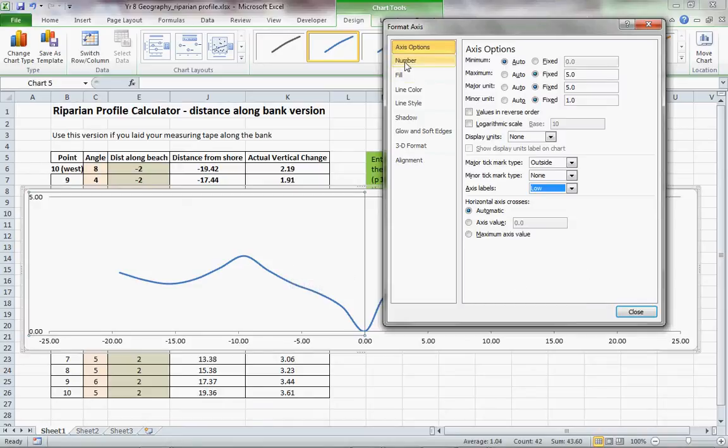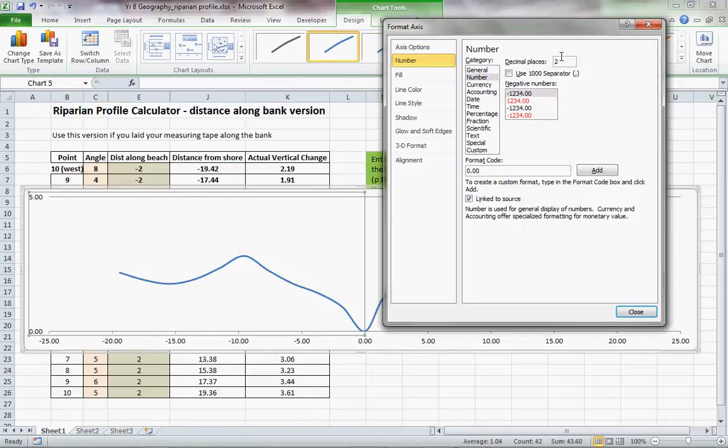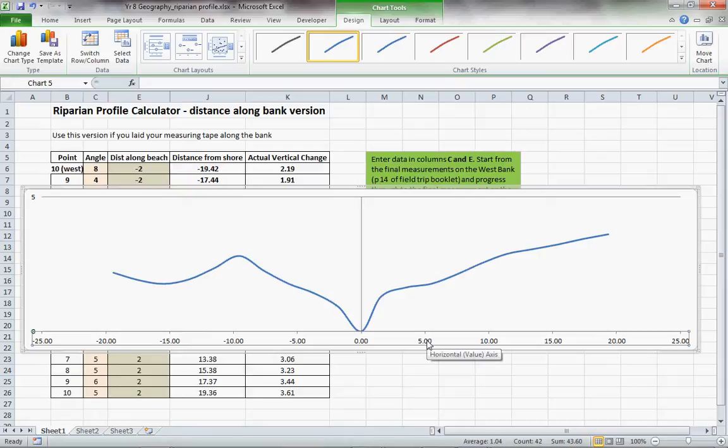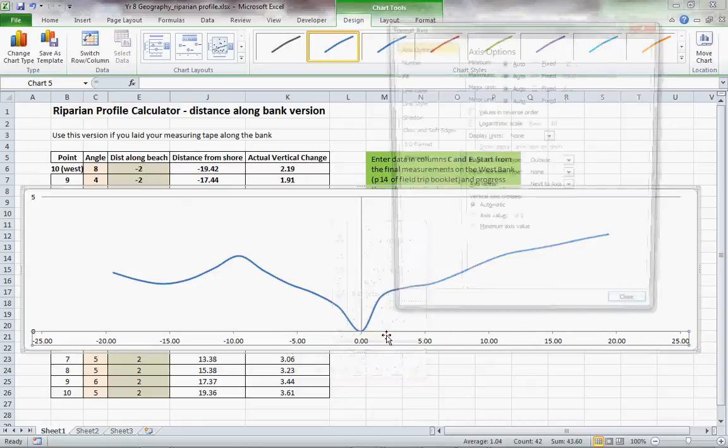One final thing we want to do while we're here is change the number. So up on the left-hand menus, choose number, and it's okay that it's a number, but we don't want it to have any decimal places. So choose 0 and press close, and you can see that a change has already occurred over on the left-hand side. The other thing we want to modify is our x-axis or horizontal axis. So right-click on that, go to Format Axis,